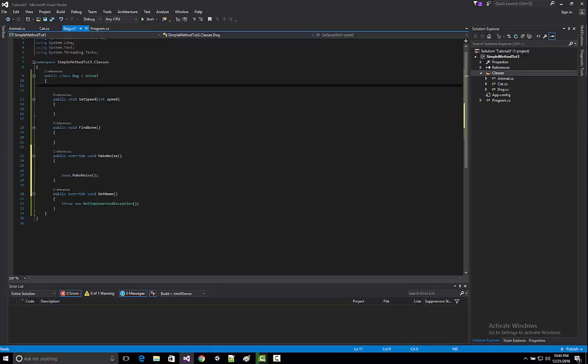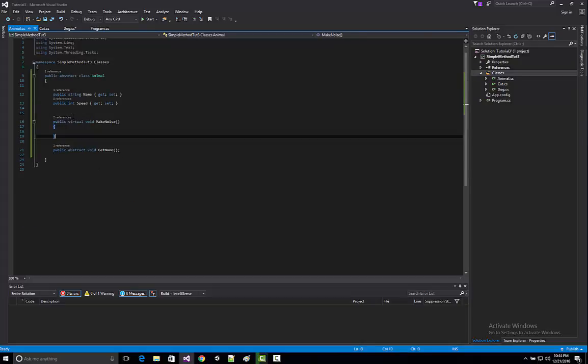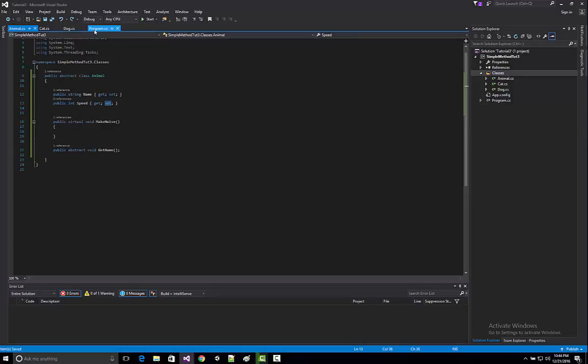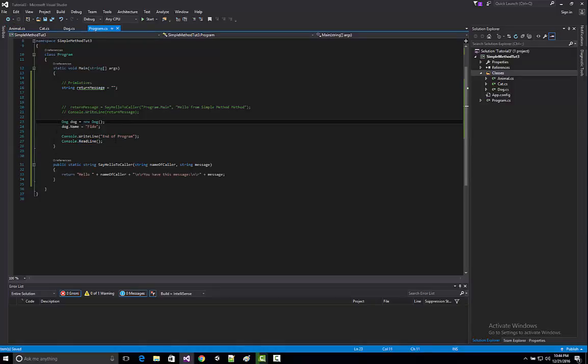So now, what I would like to do here is we're going to set the speed of the dog. As you can see in an animal, there is no speed currently set, right? There's a getter and a setter, but we're not actually doing anything yet. So just to give some information here, so let's do